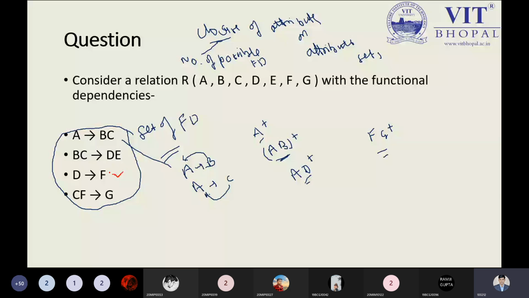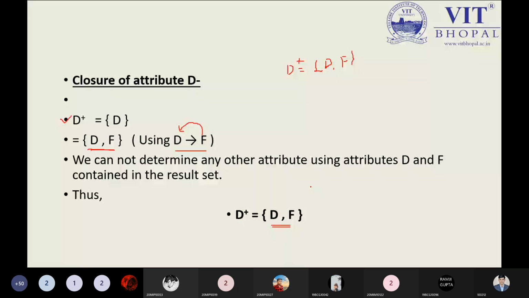But here what we are doing is trying to find the closure set of particular attributes only. But in some cases, we can also find the closure of the attribute sets. So it is also possible. And how can it be possible? We are not applying any mathematical model. You can just use multiple attributes to determine the closure of the attribute sets.